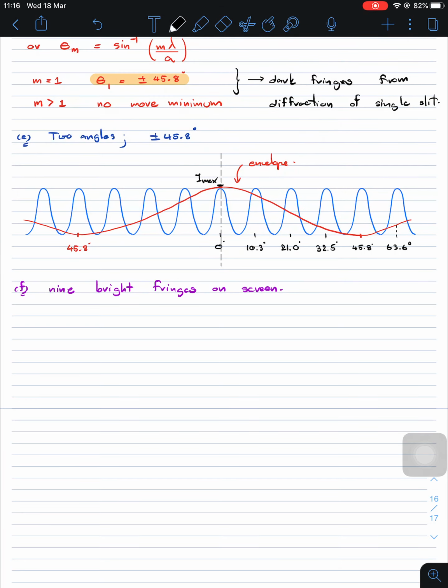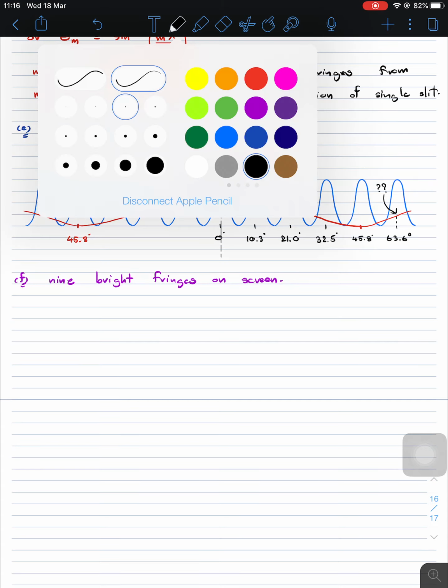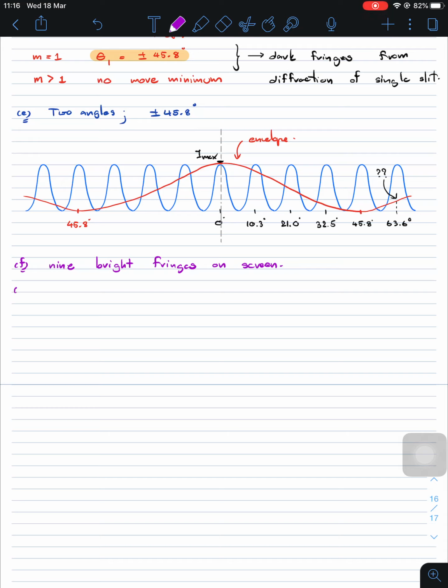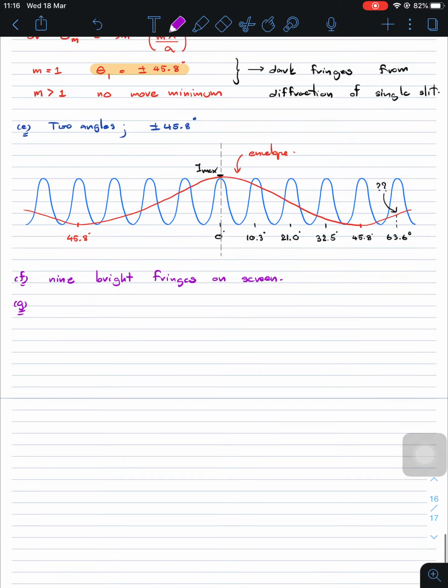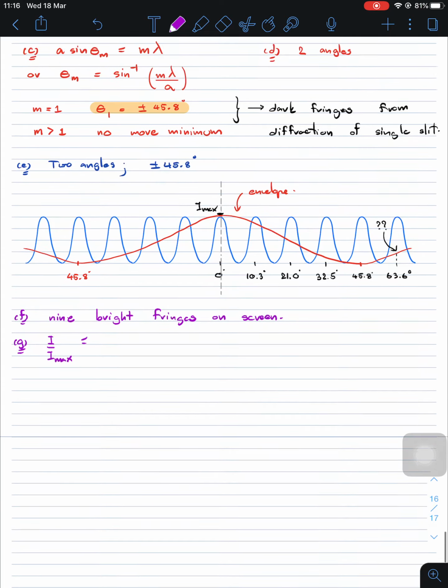We just want to find this value. That's quite simple. We just use the equation of the intensity from the diffraction, I over Imax equals